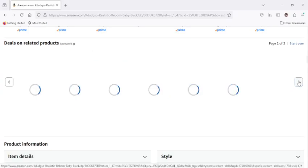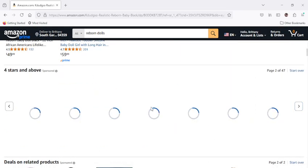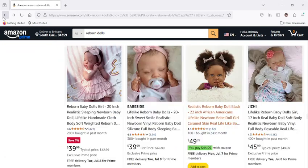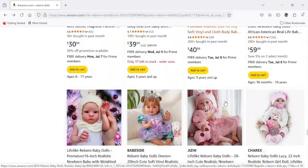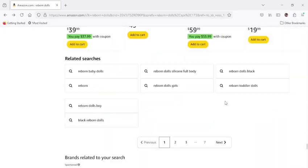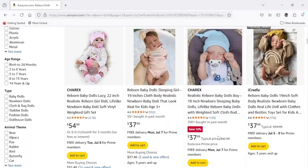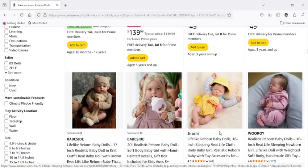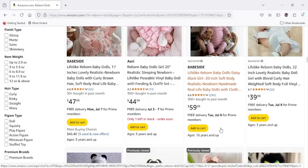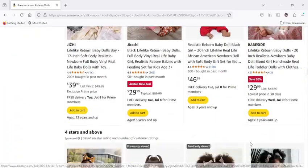Maybe we can see what people viewed in particular. But I want to say it had blonde hair and a green dress. If you've seen it, let me know, because now I'm super curious. I know I saw that doll. I know I did,